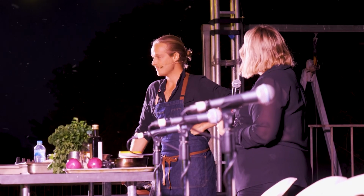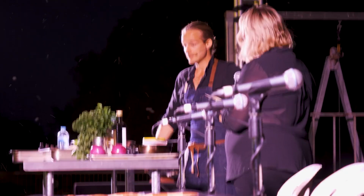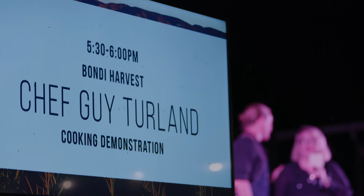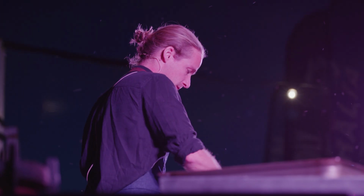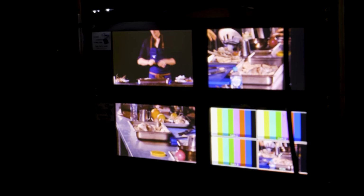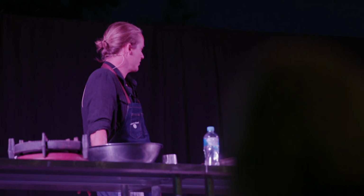It's a salt-crusted barramundi, so it's a foolproof way to cook a whole fish. It's really idiot-proof, which means I can do it on stage. And that's all going to come together, and I'm going to crack this fish open. But we're fishing for barramundi, and we caught multiple,